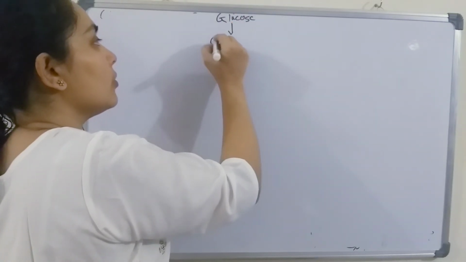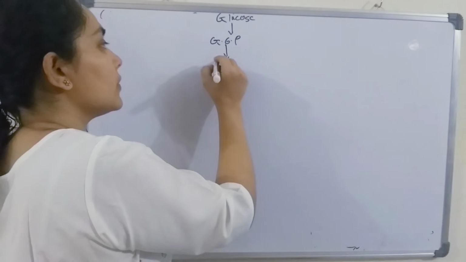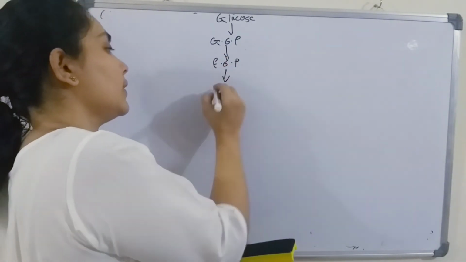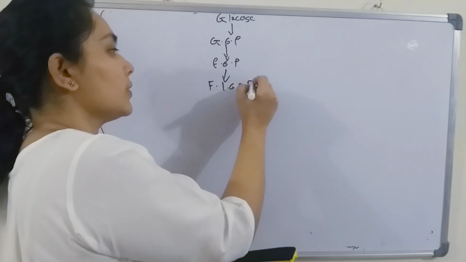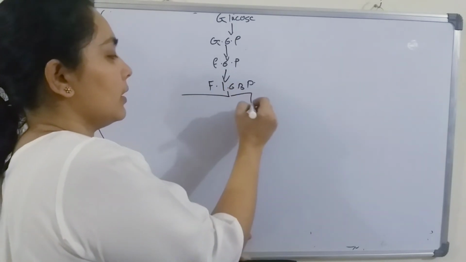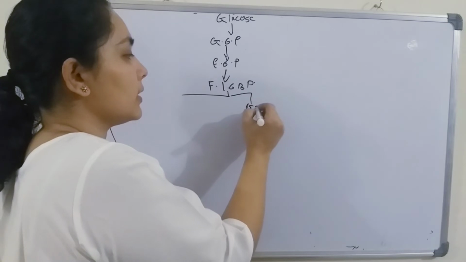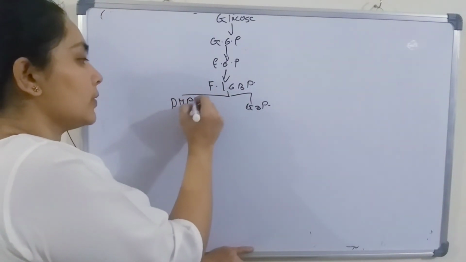Glucose will convert to glucose 6-phosphate, then glucose 6-phosphate converts to fructose 6-phosphate, and fructose 6-phosphate to fructose 1,6-bisphosphate. This will be cut into two products, and we will get glyceraldehyde 3-phosphate and dihydroxyacetone phosphate. We'll write